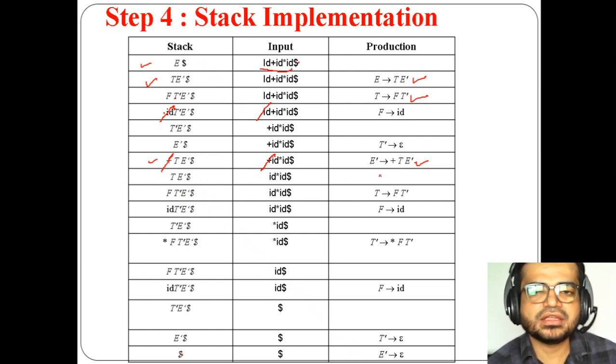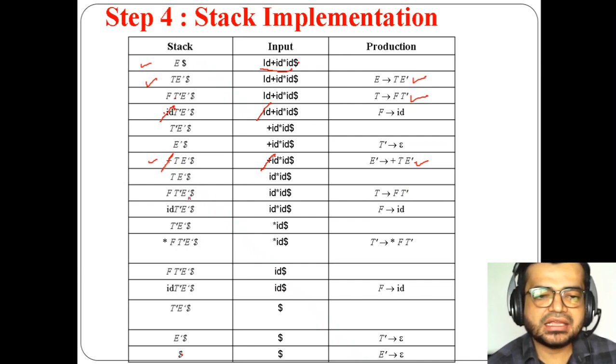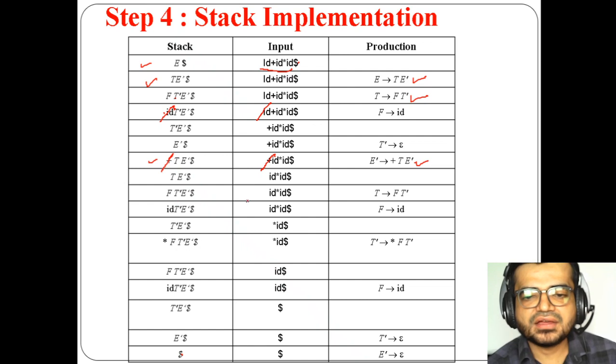So no need of any production here because you are cancelling the plus symbol. Now again for T, what is the T production? T is of FT'. So here I am taking FT' and E' dollar. Again id into id, same thing I have taken. Now for F, again I am taking id here, right? Because previously also I have taken id. So because we need to get id, so id T' E' dollar, id into id dollar.